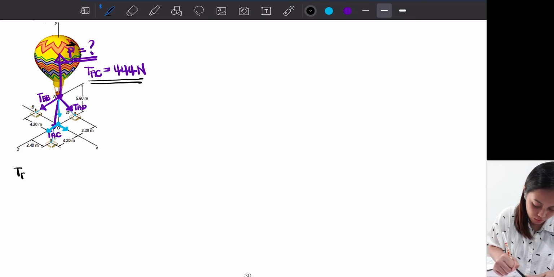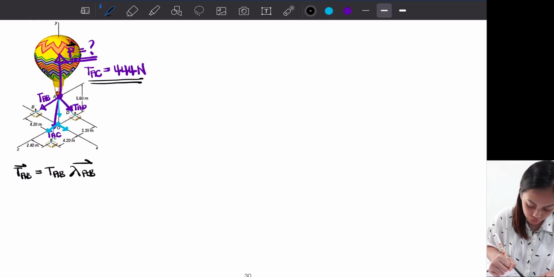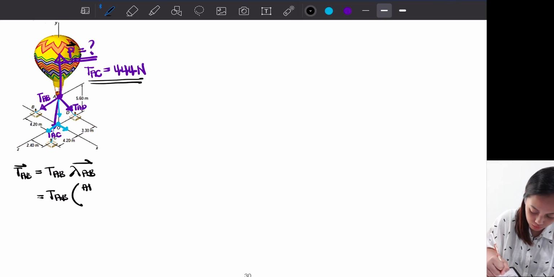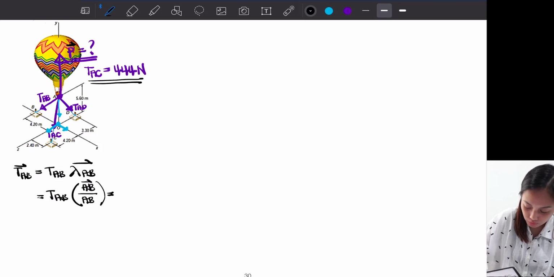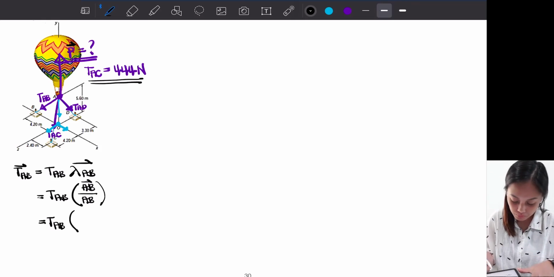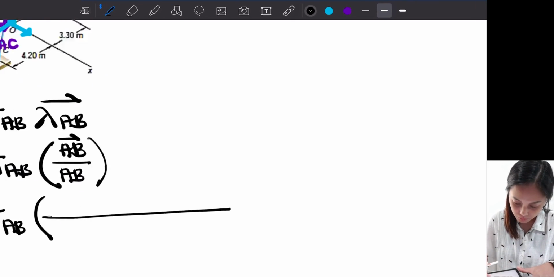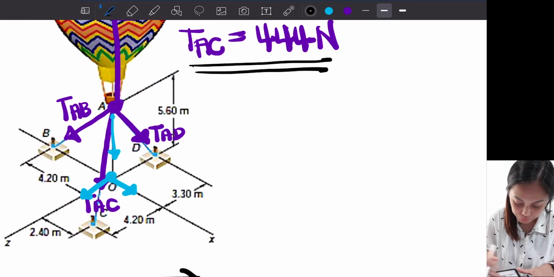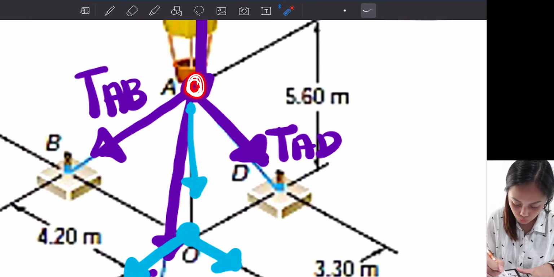So what is TAB? Vector TAB is equal to its unit vector, scalar value times unit vector from A to B, or this is equal to TAB times lambda, the unit vector from A to B, and its distance from point A to point B. So tanawin na to sa figure. Okay, from point A to point B